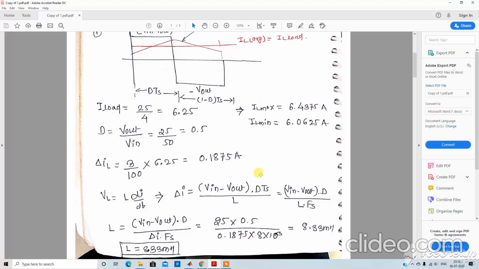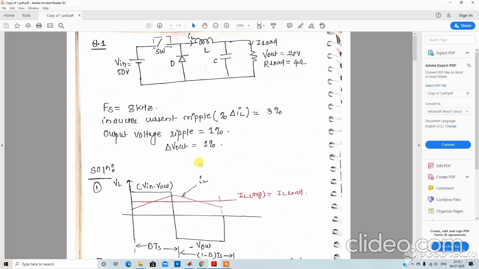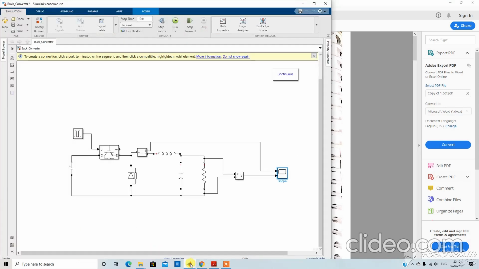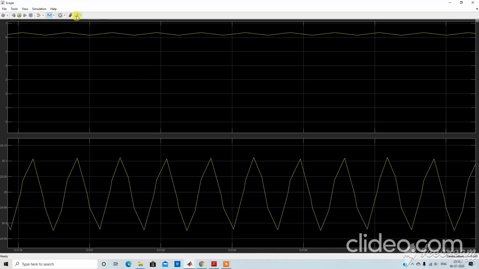In this analysis we have considered the output voltage ripple as 1%. 1% of 25 volt, as the output voltage we want is 25 volt, is 0.25 volt. So we will check whether it is coming properly or not.